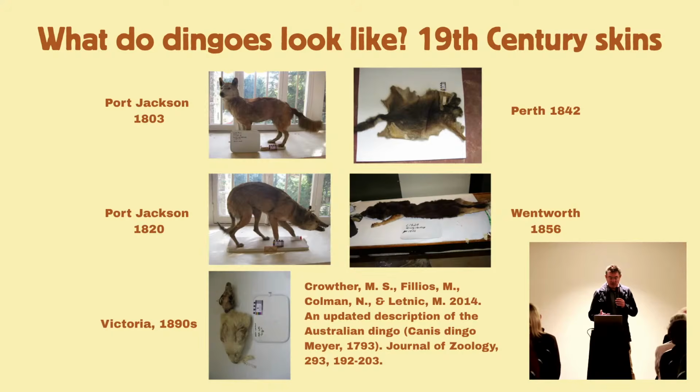But anyway, the main take-home I want you to get from this is the same as the last slide, really: the colour's pretty variable. There's a sable one here, and this one's a bit sable. By sable, I mean it's dark on the back. This one's black and tan. This is like a classic yellow one. And then this one's white. But anyway, there's a lot of variability in the colours.